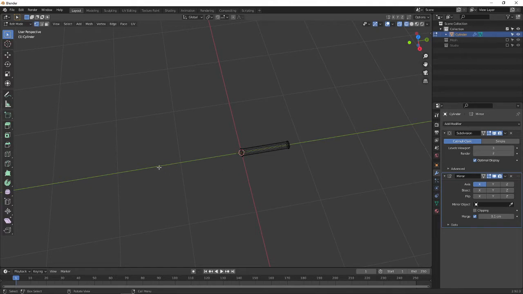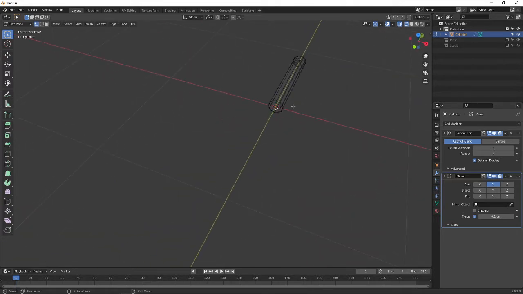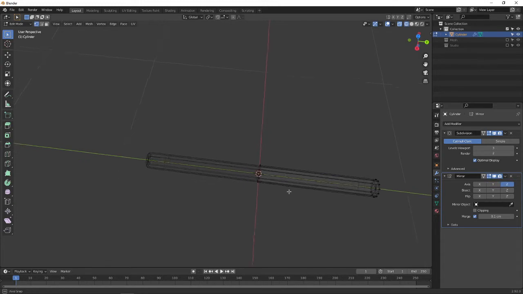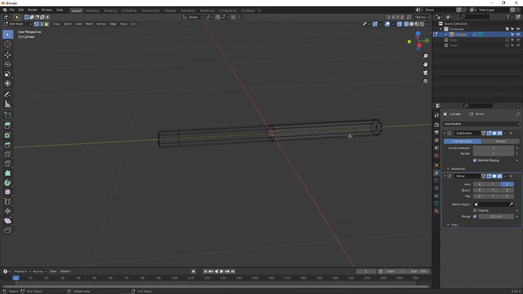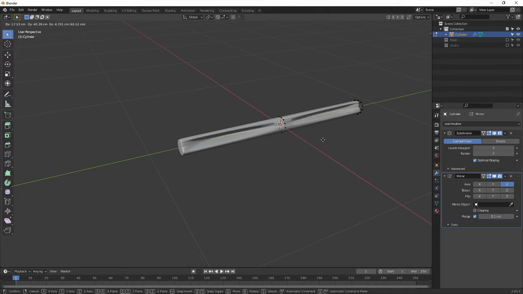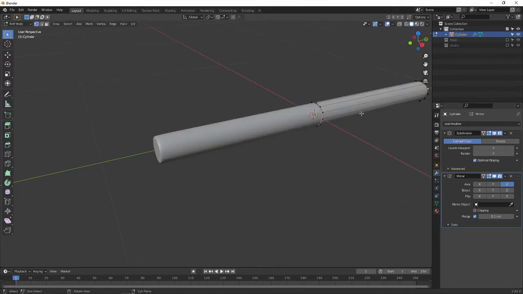This is the Y axis, this is the X axis, so we require it on Y. Currently it's selected as the X axis, which is not required. Unselect it and select Y. Even this won't work because we sometimes require it on the Z axis. Select the Z axis. Now we have got the same item here, so whatever we select and move will be changed in all the directions.